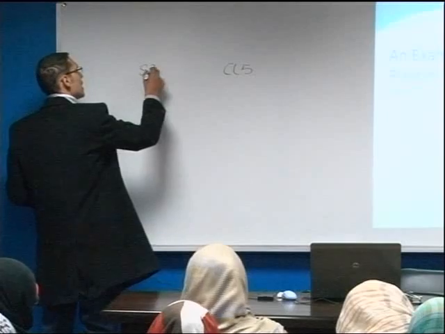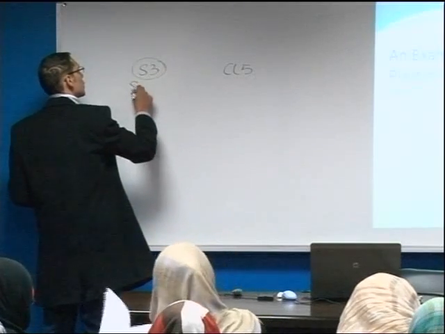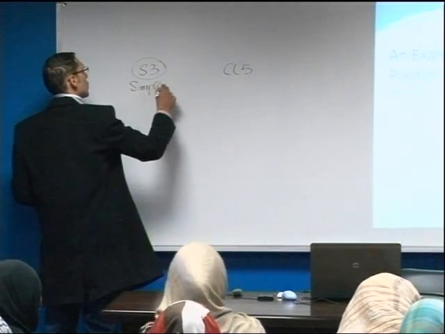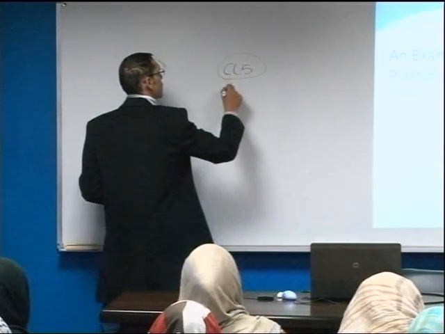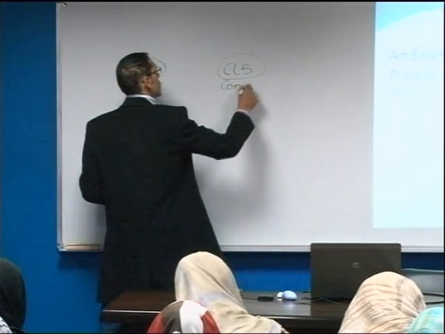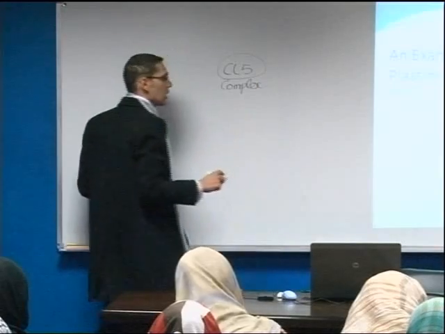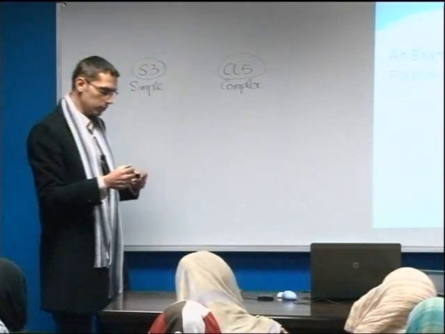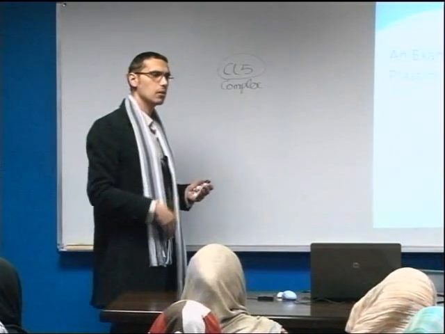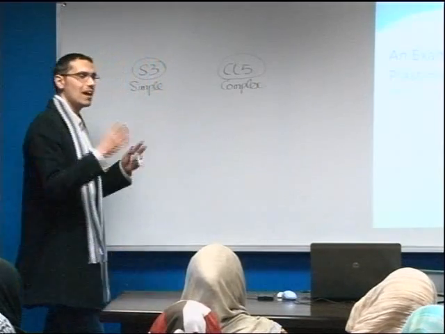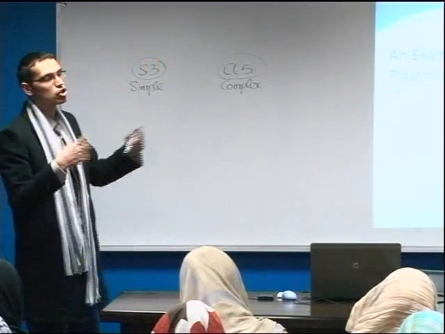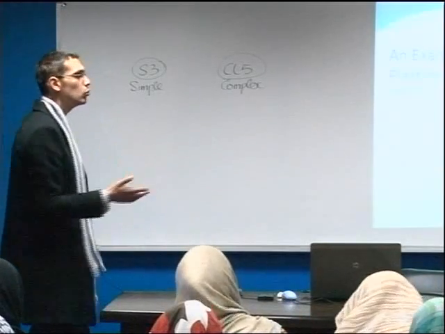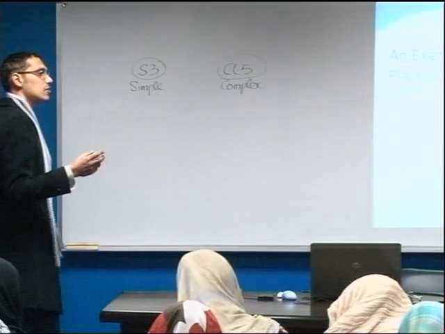Of course, the S3 is the simple lens, and the CL5 is the complex lens. And of course, we went through the manufacturing process and the distribution process and the designing process of these two, and we found out that